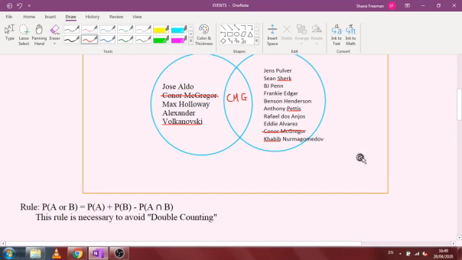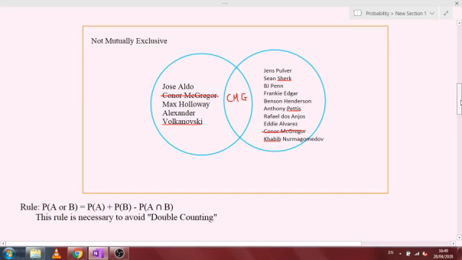So if something is not mutually exclusive, then you can have them in both camps. So that's not mutually exclusive. So that's looking at that one there. And then following on underneath,